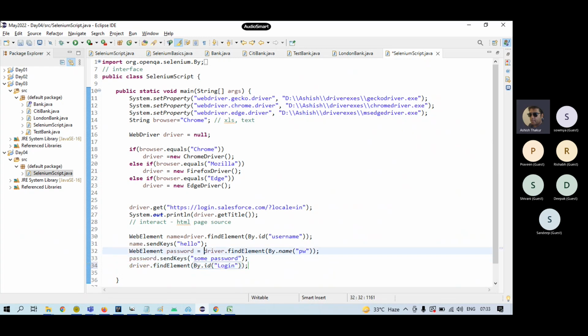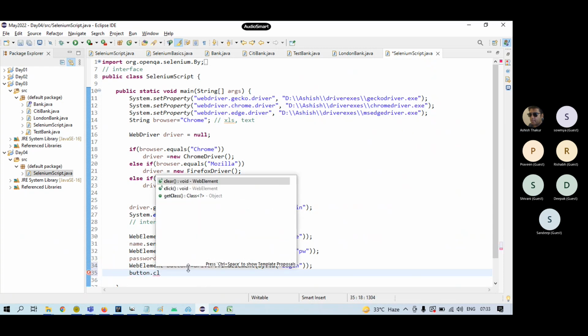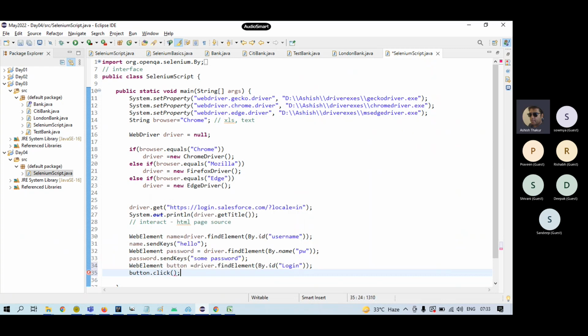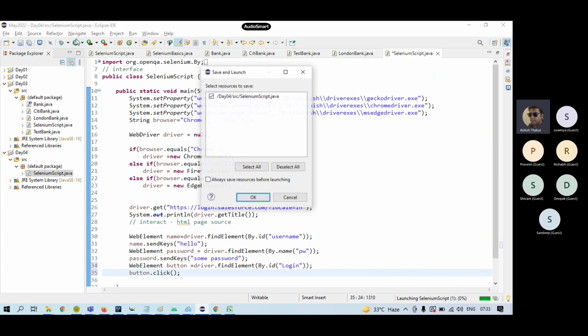This will give you the login button web element. And what do you want to do with it? You want to click on it. So the click function is also there in the web element interface. Okay. When you run this code